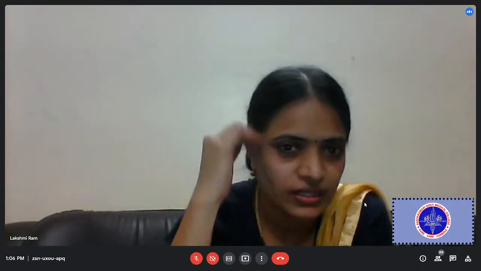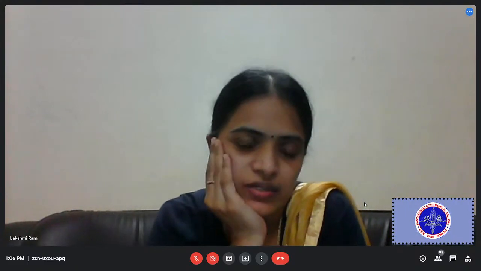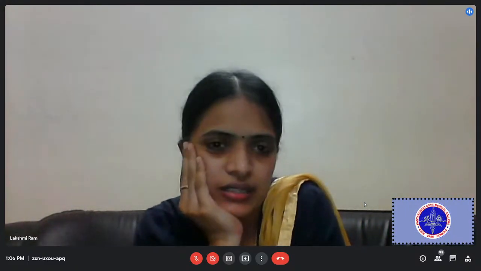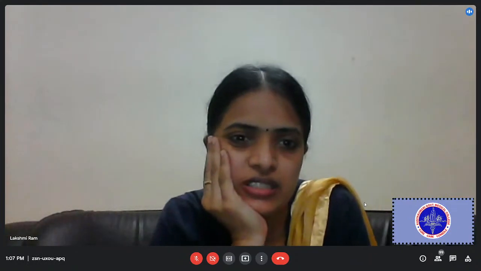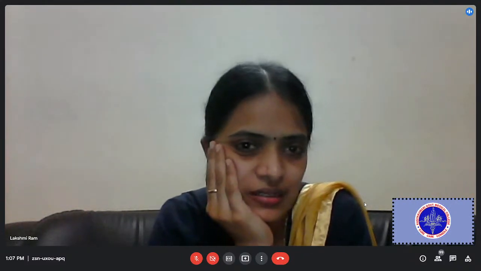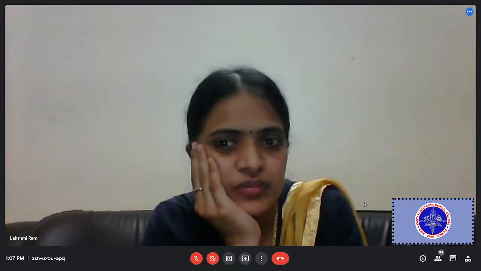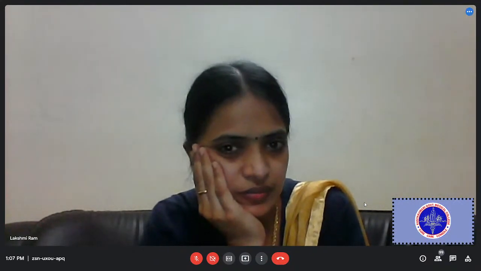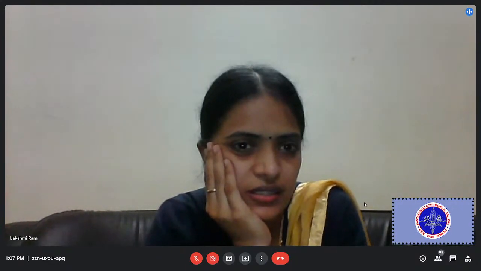So normally it will be the right atrium. So when the left atrium is enlarged, the shadow of the left atrium will be seen inside the shadow of the right atrium. This is what is called a shadow within shadow. Normally the left atrium will not be seen behind the right atrium, but it will be seen behind the right atrium as a shadow within shadow appearance. So that is called the left atrial enlargement appearance in chest X-ray.